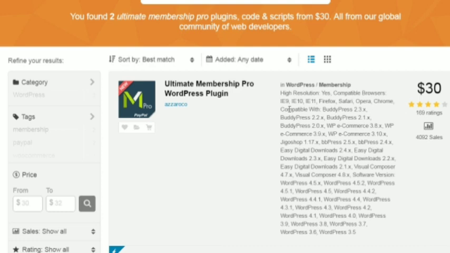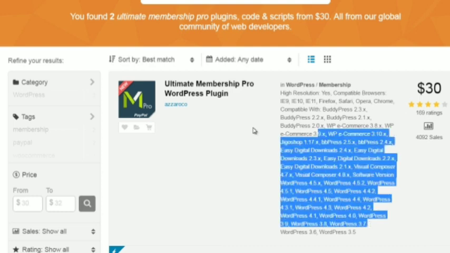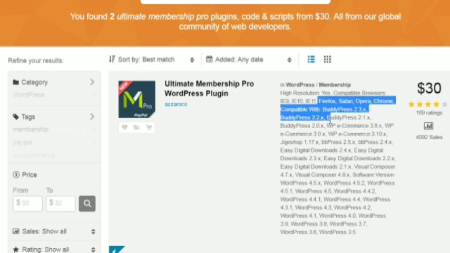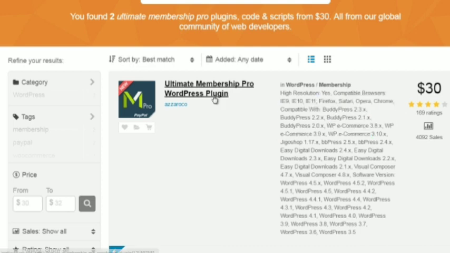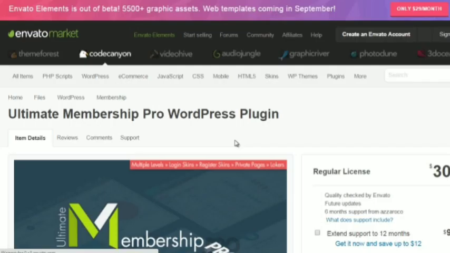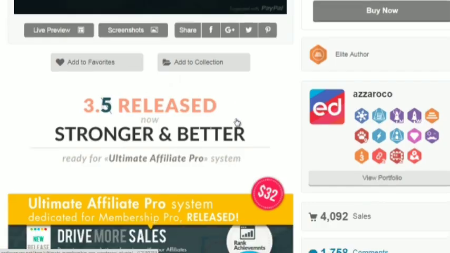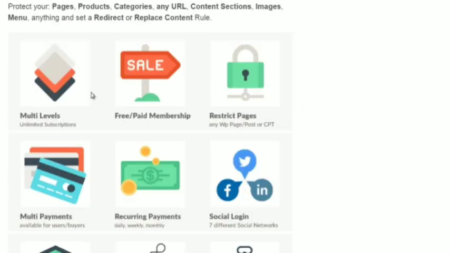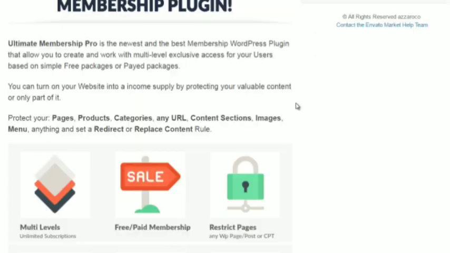Now, as you can see, it is compatible with all sorts of different platforms. Primarily WordPress, but is also compatible with things like Easy Digital Downloads or e-commerce or BuddyPress and more. So if you click here, let's just take a look at what it offers before we actually use it so that you can kind of see why it's actually pretty powerful compared to the price. So if you scroll down, this is what you saw earlier, and this is what I used as a measure,